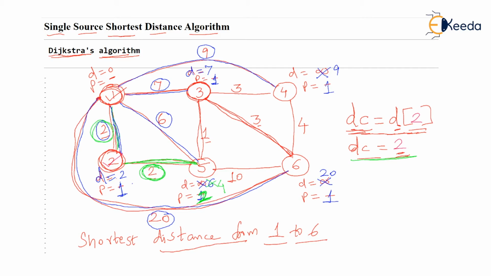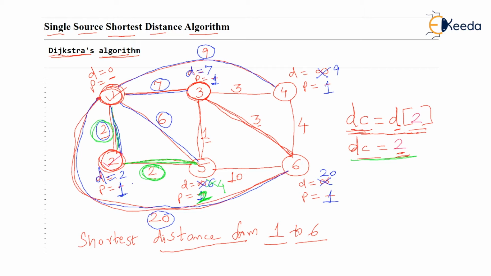Let's see other neighbor of 2. Oops, there are no more neighbors. There are only 2 neighbors of 2, 1 and 5. And 1 could not be reached because 1 was visited, and 5 has been updated. That's it. This is vertex 2 getting processed. And now remember, vertex 2 will not take part in any process. Now which vertex you should process next? Check the distances of each vertex. D is 7 at 3, D is 9 at 4, D is 20 at 6, and D is 4 at 5. So naturally you will process fifth vertex, isn't it? Let's process fifth vertex because it is at shortest distance.